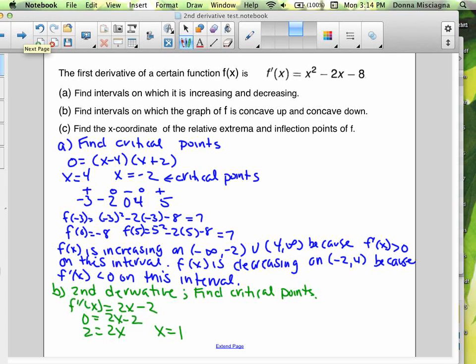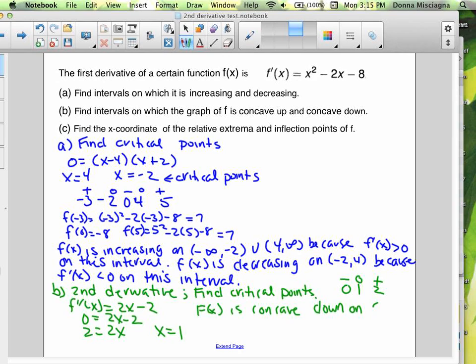Right? So 1 is our only critical point, so we're going to plug in something less than 1, like 0, and something more than 1, like 2, into the second derivative. Right? And I think we can just do this in our head. Plug in 0, we get negative 2. That's negative. If we plug in 2, we get 2. That's positive. Right? So that means that f of x is concave down